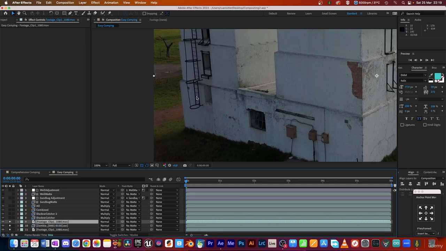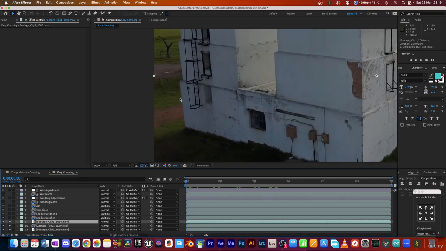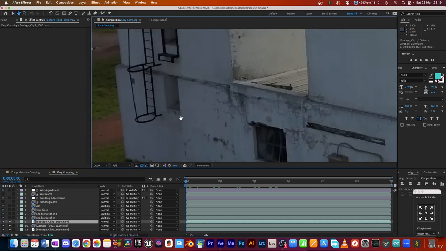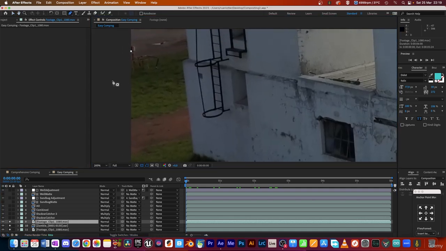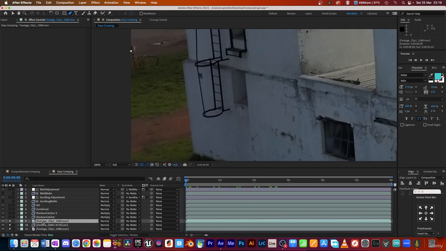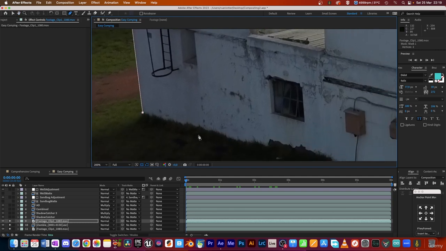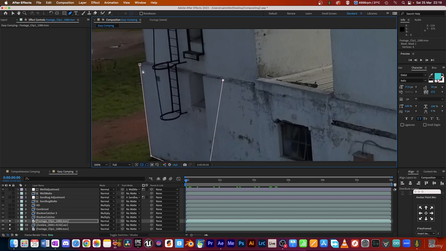And obviously you will see that we can't see the zombie anymore because the footage is now in front of the zombie. So what we need to do is cut out this section of the wall and basically place it on top of the zombie. So I'm just going to zoom in here a bit, and then I'm going to take the pen tool and make sure you are on the layer that's just above the zombie. And I'm going to draw a mask. I'm just going to click here, click there, and kind of just draw a mask